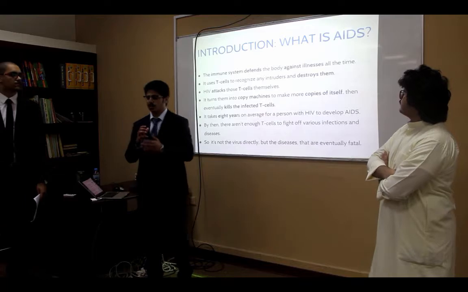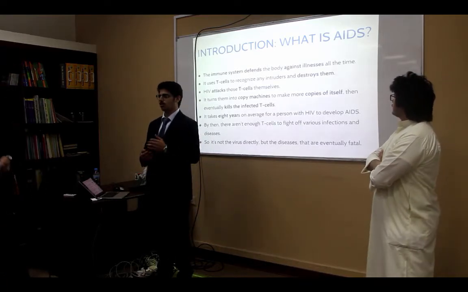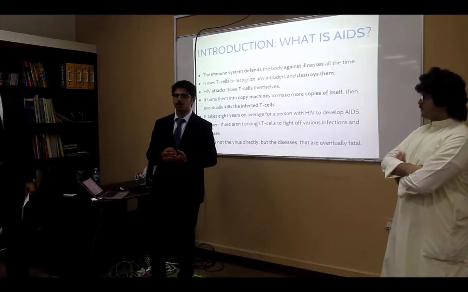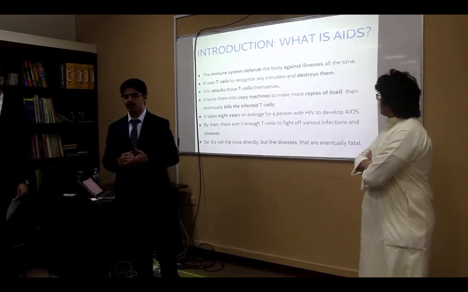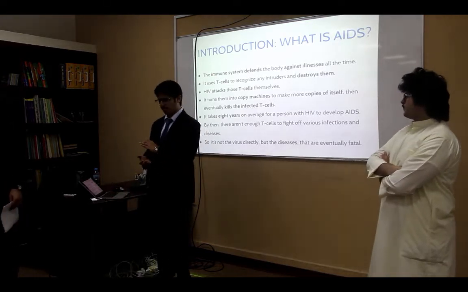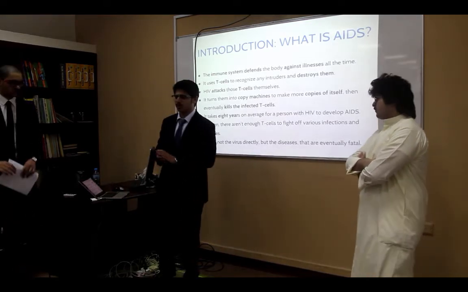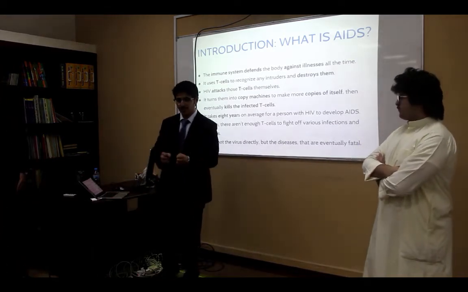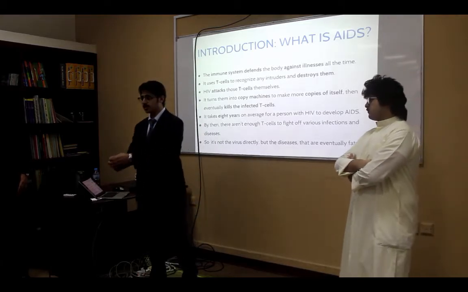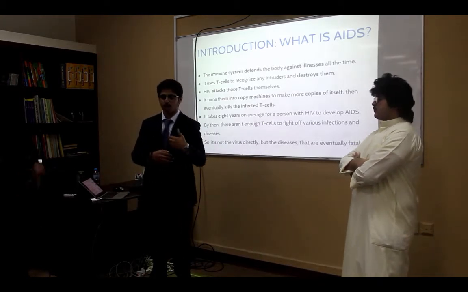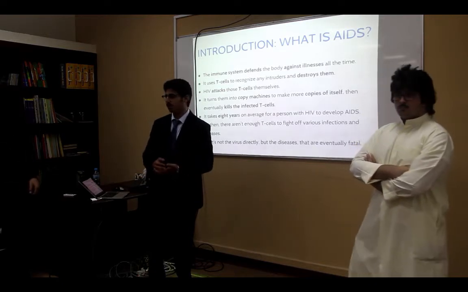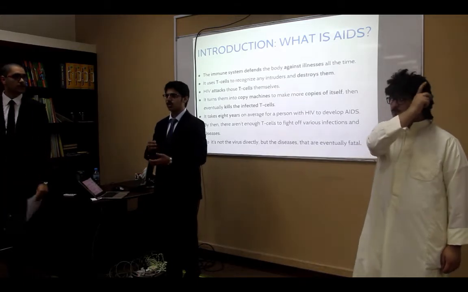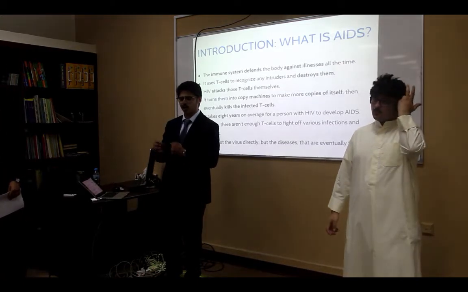The human body's immune system defends the body against illnesses all the time. It uses guard cells in the blood called T cells to recognize and destroy any intruders in order to protect the body. But instead of attacking the body itself, the HIV virus attacks those T cells and turns them into copy machines to create copies and more copies of itself, which eventually leads to the killing of most of the T cells